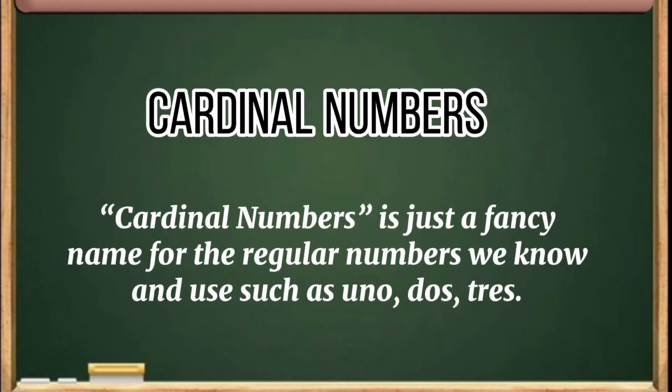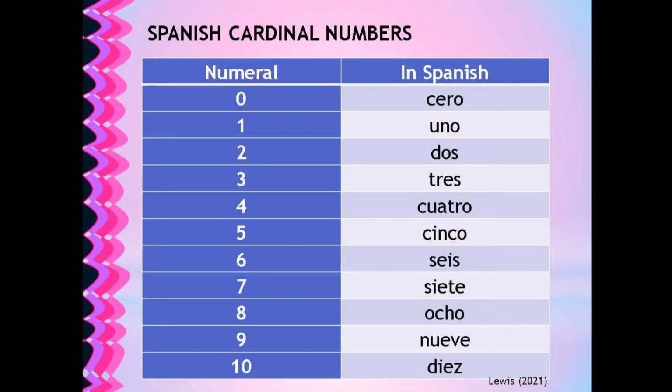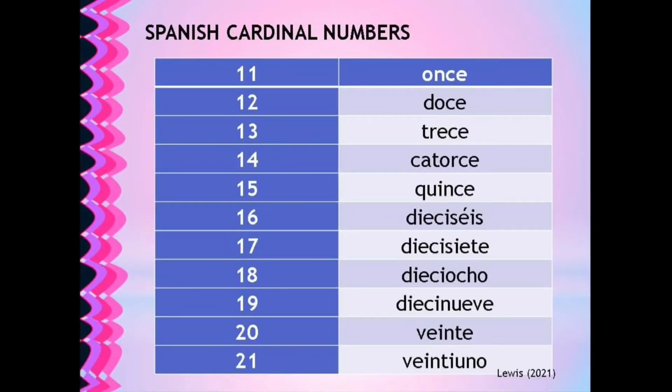Cardinal numbers. Cardinal numbers is just a fancy name for the regular numbers we know and use, such as uno, dos, and tres, or 1, 2, and 3. We use cardinal numbers in Spanish in the following situations. The cardinal numbers in Spanish are 0, 1, 2, 3, 4, 5, 6, 7, 8, 9, 10, 11, 12, 13,